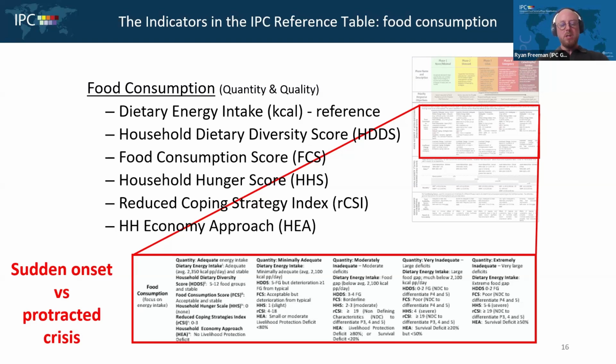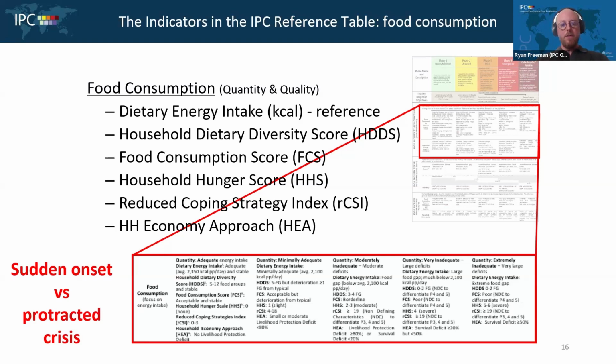So you can use this approach, and you do start looking at this from the end of the analysis. This is where the HEA baseline will give you what's happening in a typical year for a particular population, and you're going to be looking at deficits. So what happens in a normal year? What's the change from the baseline? And what does it mean in terms of the deficit and the survival deficit?